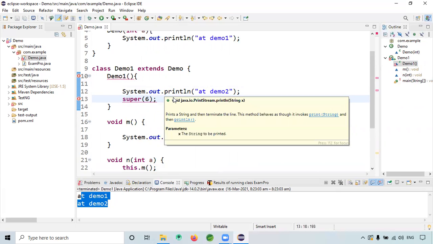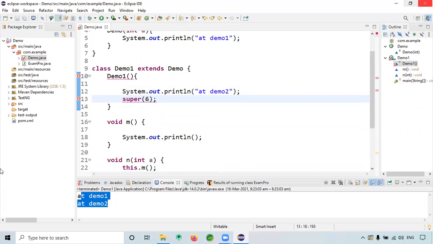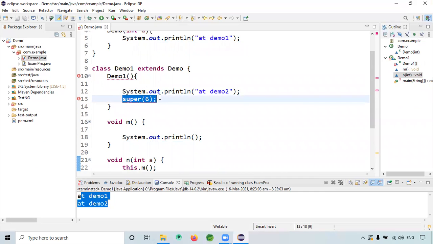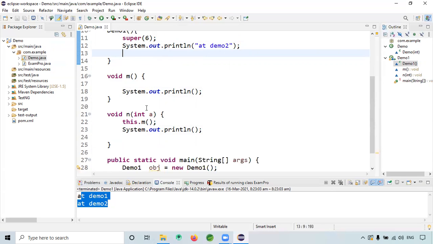Oh, okay. I've read somewhere about this one. So this you can apply after any statements, and it will work. But super should always be the beginning one, the first statement in the function. Yeah, it should be there first. So it won't work after a statement. Okay, that is one more difference. So these are all the differences between super and this keywords.